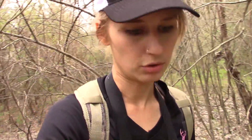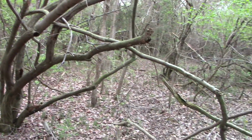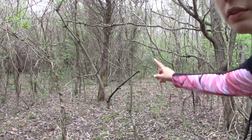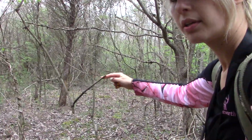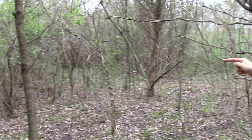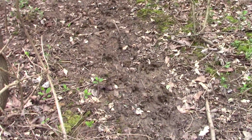I want to see if there's anywhere better before I take the time to undo my trail camera and set it all up. This is a pretty open area and it's surrounded by thick stuff, so I think I'm gonna put my trail camera here because it's directly, so you get that nice rub and almost all of the intersections here. See,